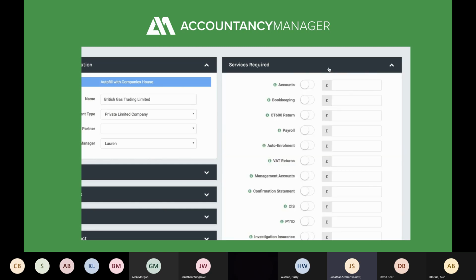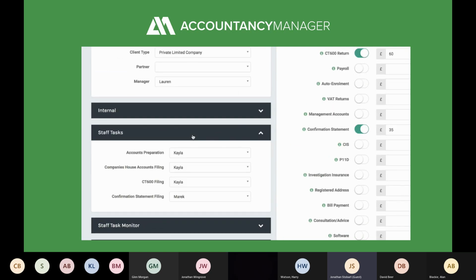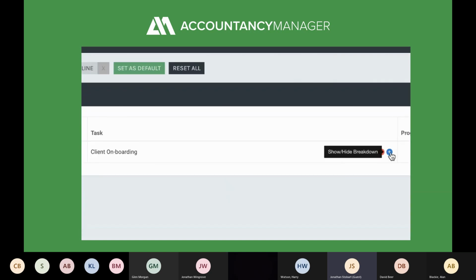At this stage, this is still a prospect, so you might want to start thinking about sending a proposal. Within the client file, you can start populating the proposal by selecting the services we want to be quoting for and putting in the fees we're going to be charging. You can then think about which members of staff are going to be responsible for these tasks, on the assumption that we're going to convert this client. Okay, so Kay, Lee and Merrick, we're going to do it. Great. Okay, so we're going to create the prospect,